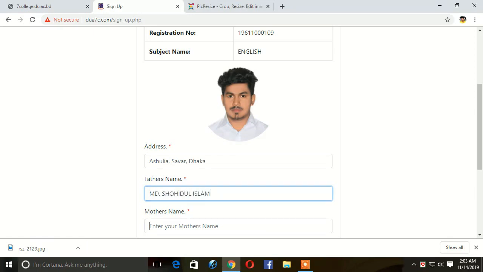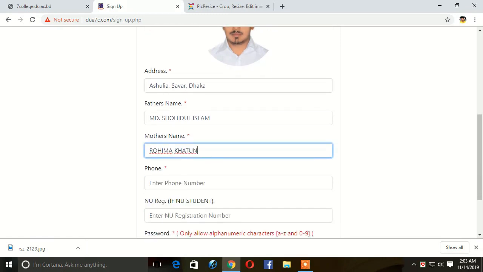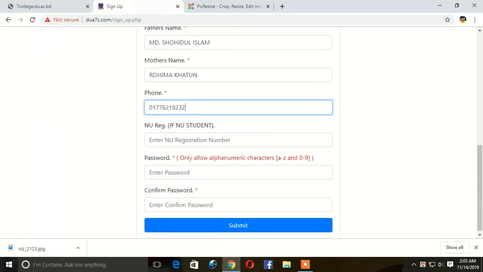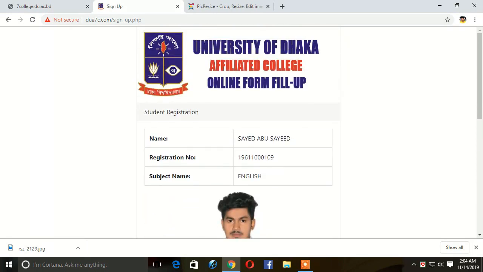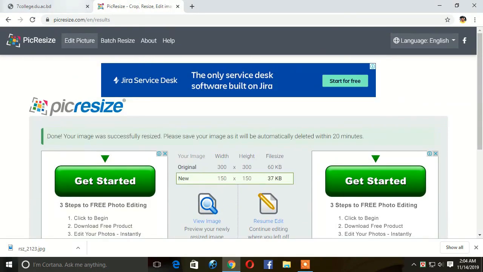After that, type your mother's name. After that, write down your phone number. This is my phone number, and create your password. Your password should be only alphabetic or numeric characters. You can choose your password within 4 to 6 digits. After that, click submit. Okay, after clicking submit, you will be a registered user, and then you will be able to